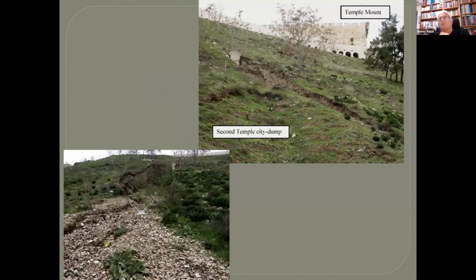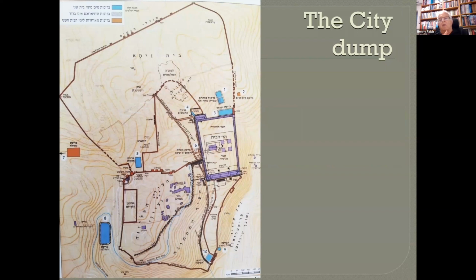Yeah, we are in the city dump, the Jerusalem city dump, which we could locate. We suggested that this is the place. You can see it's a huge mass of nothing. It's only debris and stone splinters and pottery shards and bones of animals in large amounts. Please, the next. Here you can see again the map of Jerusalem, and if you push the button, you will see the location of the city dump on the eastern side, southeastern side of Jerusalem, a large area